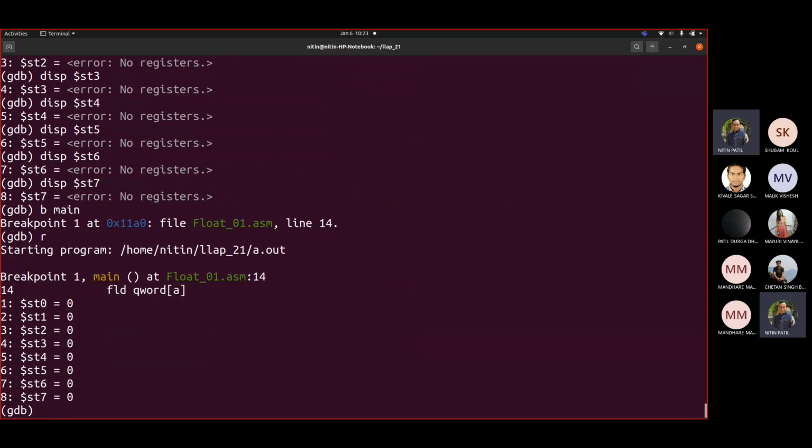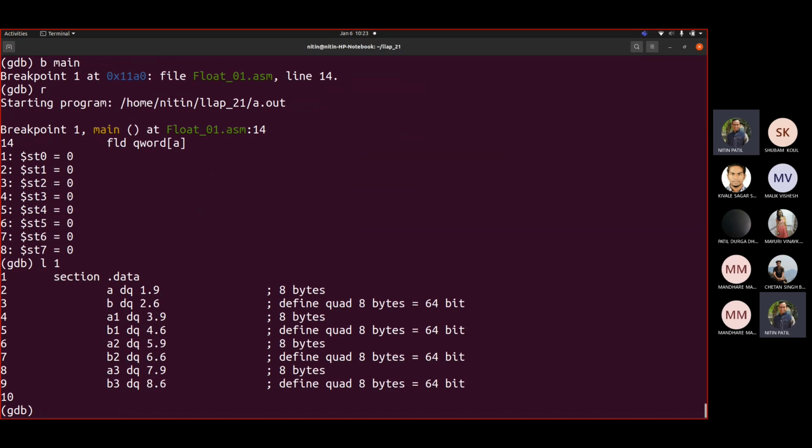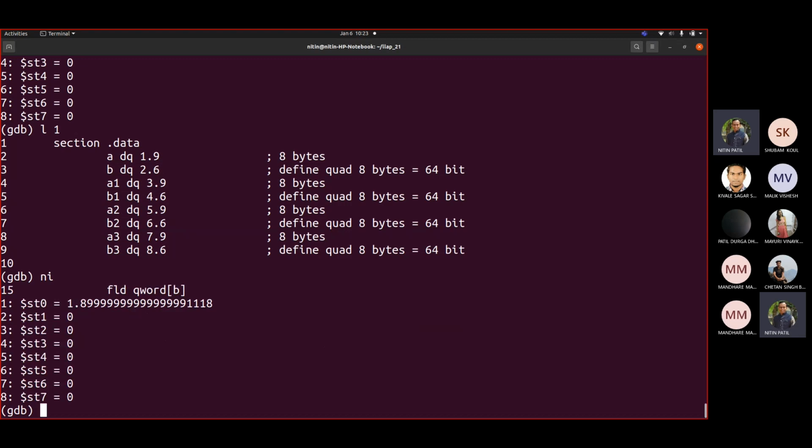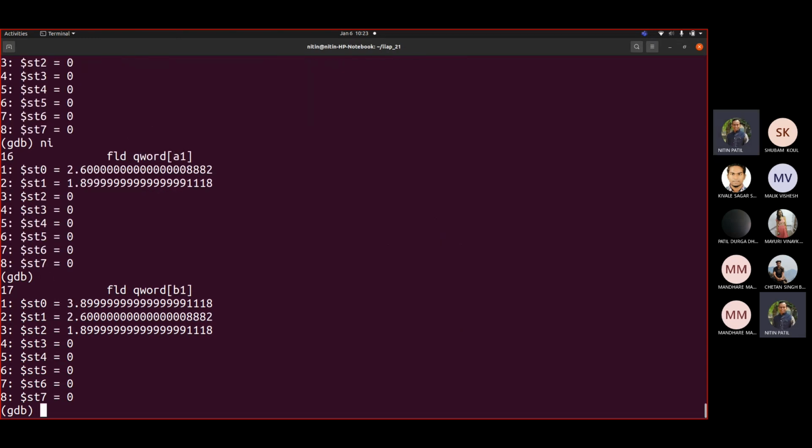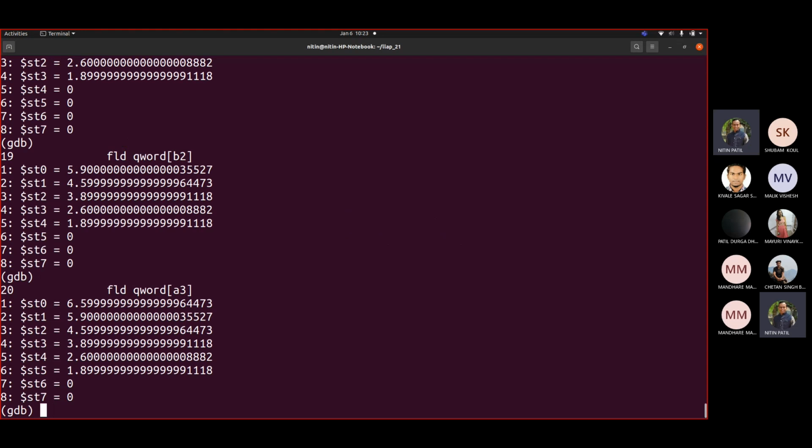Now see the values. Remember we had values given like 1.9, 2.6, 3.9, 4.6. So now we have 1, 2, 3, 4, 5, 6, 7, 8, respectively. Now the first value is loaded. So it was 1.9, which is shown as 1.89, rounded there. So NI. You can see everything is getting shifted.